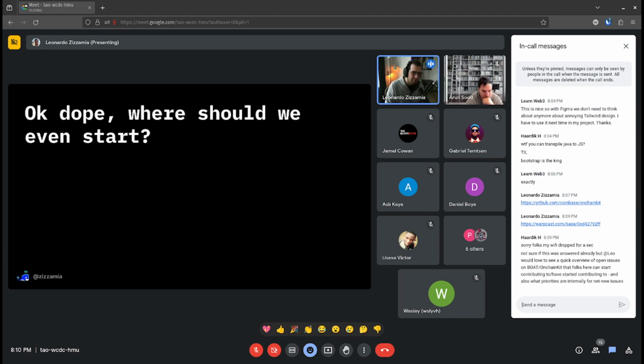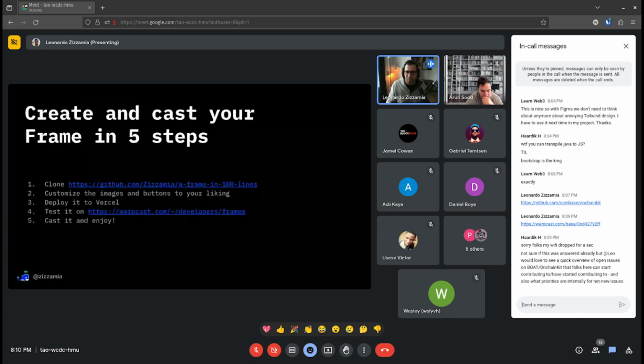And okay, where should we even start? I think the first thing to start with is this repo, which is super easy. You just have to fork it. And if you fork it, then it's literally one step. Let me show it to you. If you take this repo,